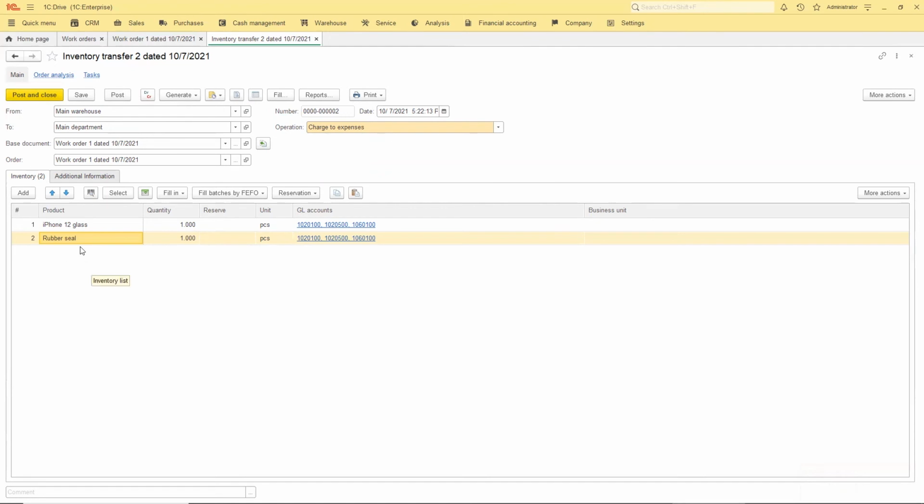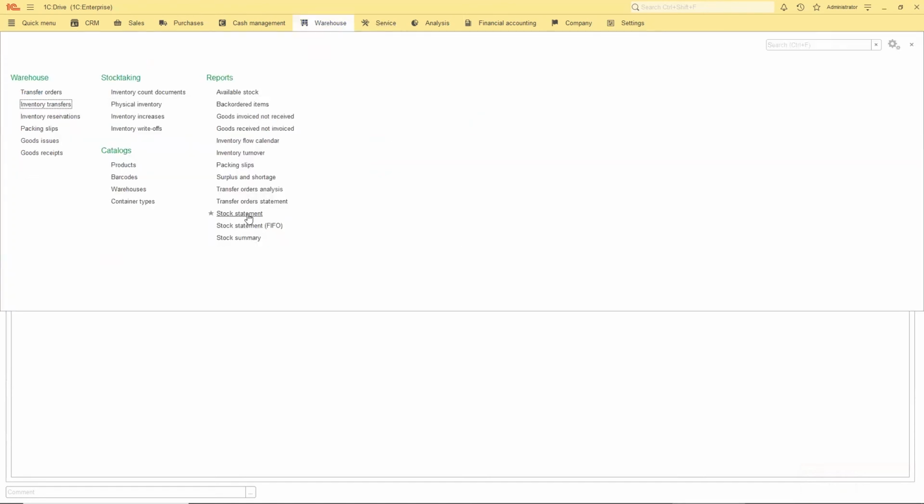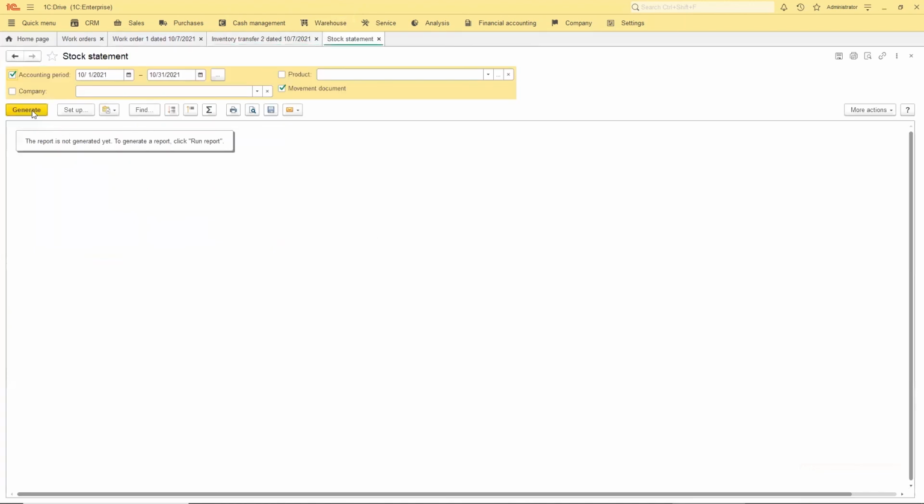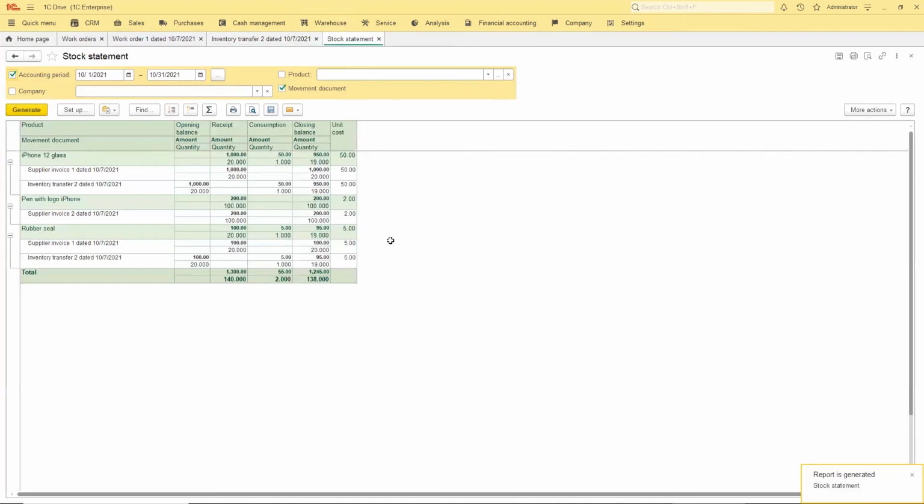It means that those components were written off. Look, it's an inventory transfer. We can see consumptions, rubber seal and my phone in these documents.